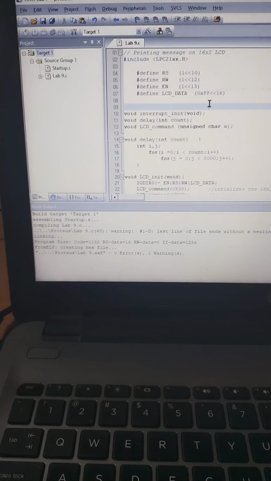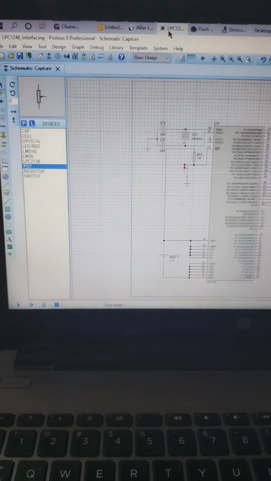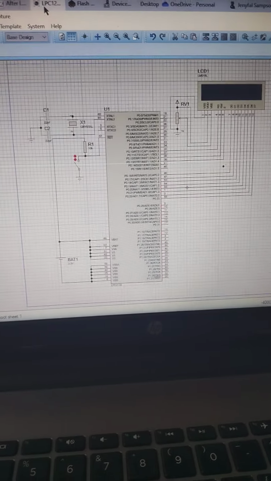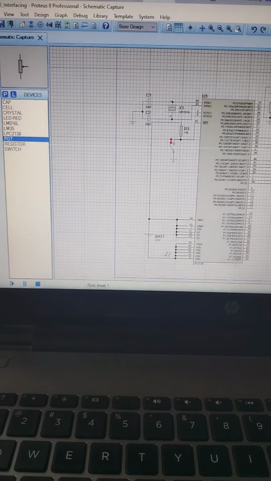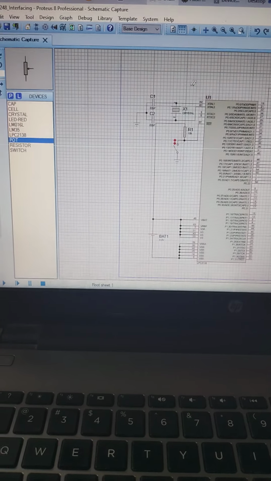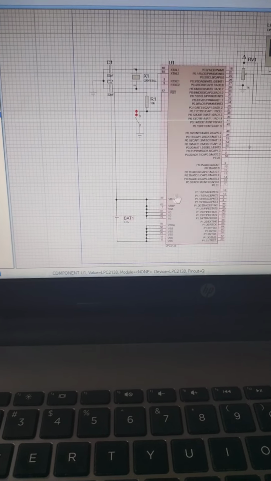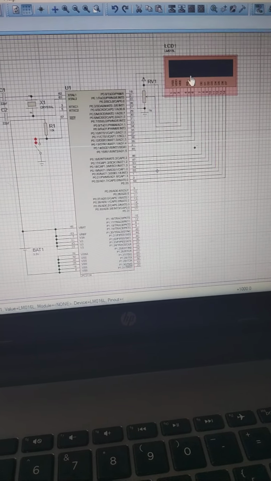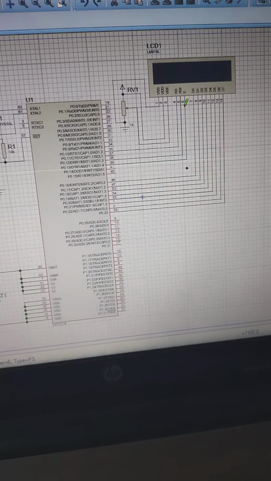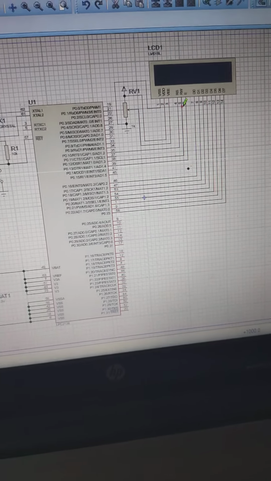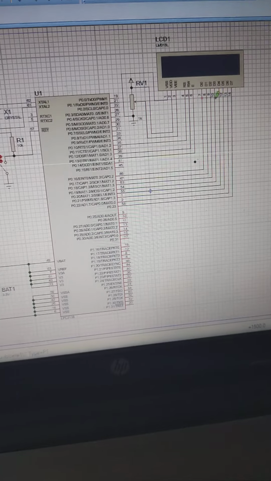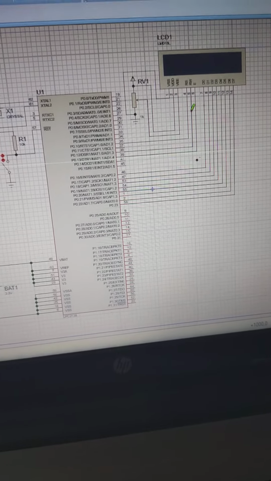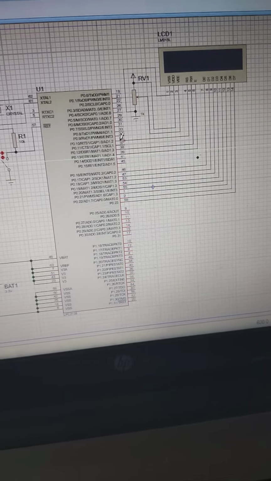A procedural way would be better if you go through the Proteus tool first and try to implement the same circuit. What you will have to do is the initialization part with Proteus, where you generate the crystal oscillator, reset, and the battery values. Next, make sure that the connections for the display are available. As I told you, you will be connecting them to the different pins available over here. You have the register select, read write, enable, and D0 to D7. Which pin you are going to connect them to is what you are specifying over here.